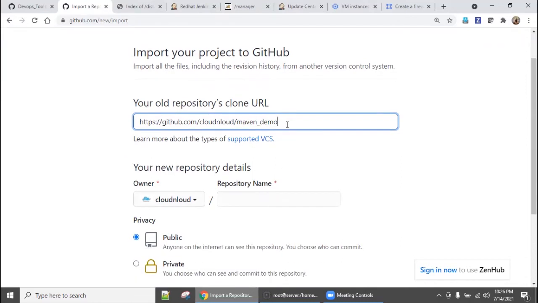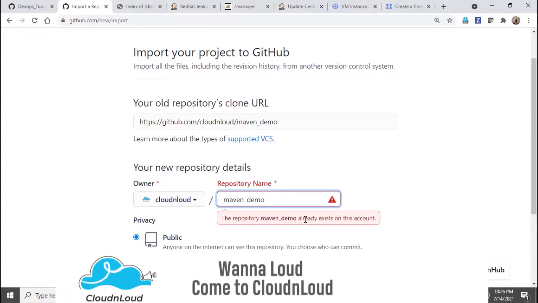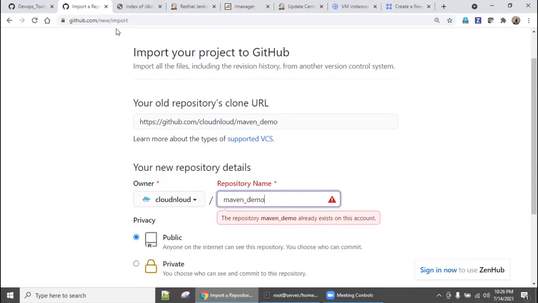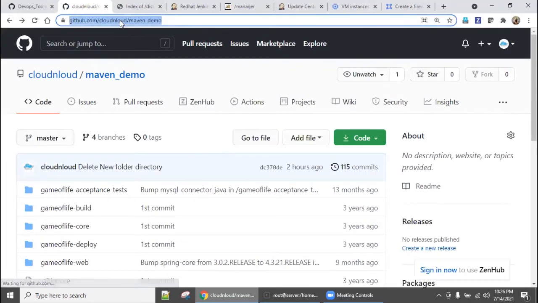You can give any name. I would prefer you give the same name so that you don't have any dependency. Since I already have the same name, I'm getting some conflict, but for you, it won't have any error. So import it, and the moment you import, you will get a URL like this. From there onwards, use your URL, not my URL, because I may change or delete things, but you will have the sample code so that whenever you want, you can test multiple times on your own laptop.